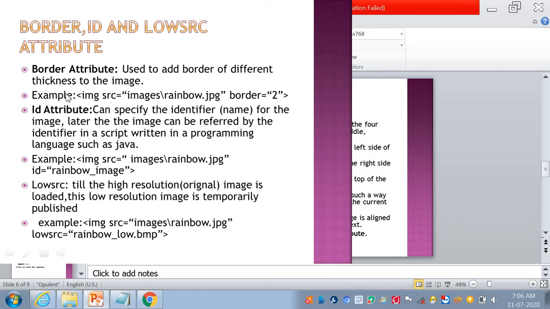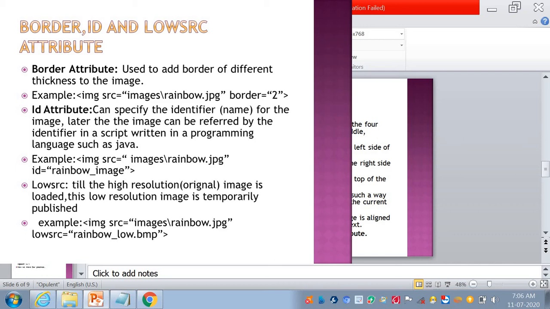Now we move to the ID attribute. The ID attribute can specify the identifier name for the image. Later, the image can be referred to by the identifier in a script written in a programming language such as Java.